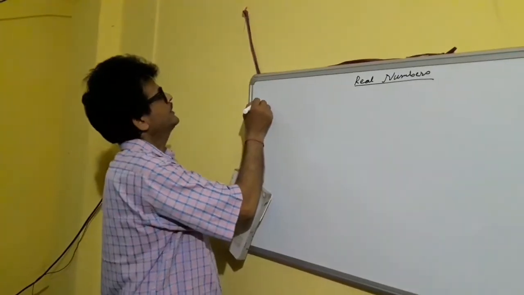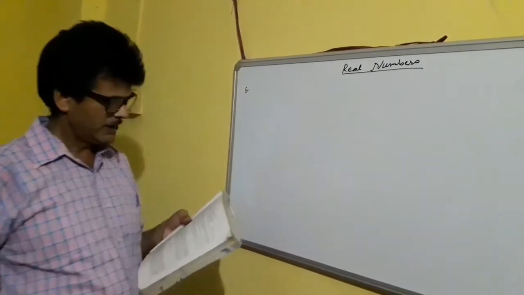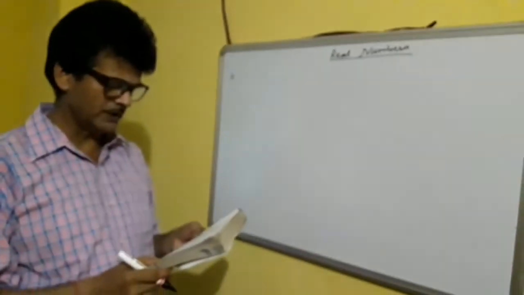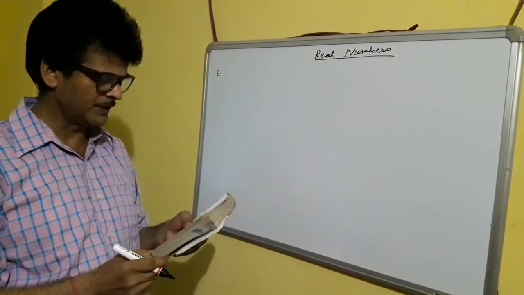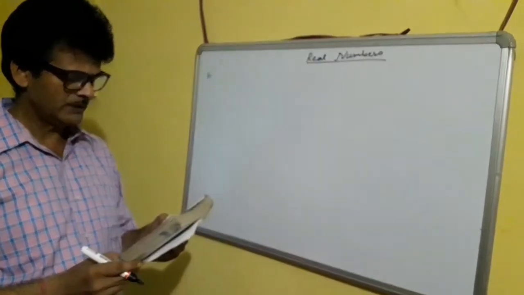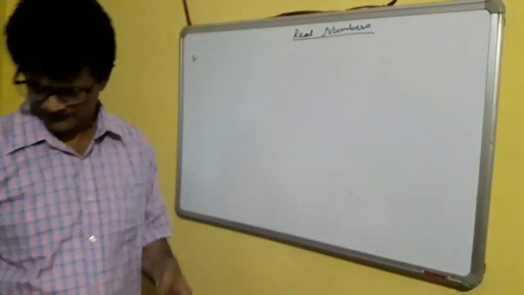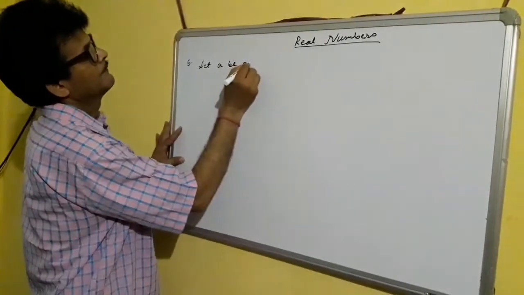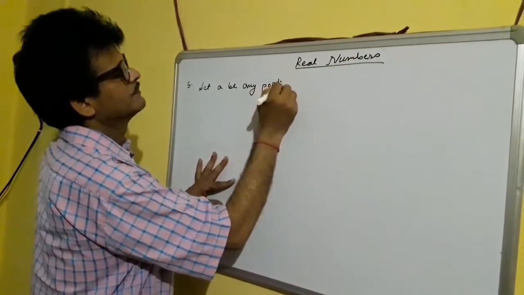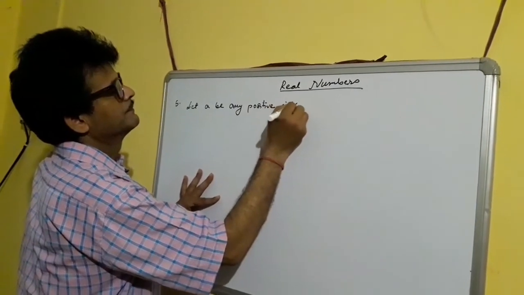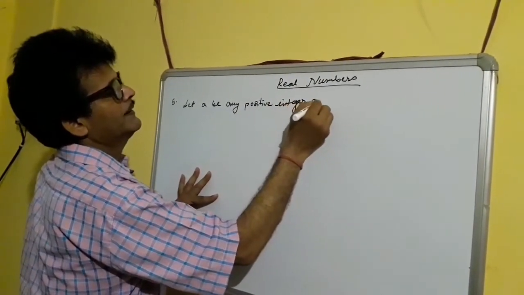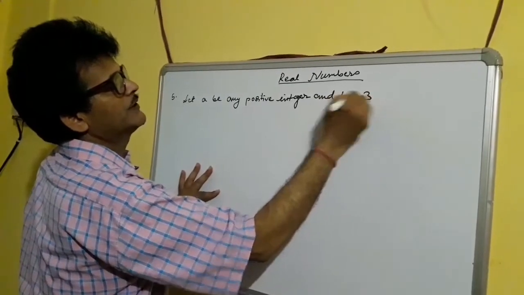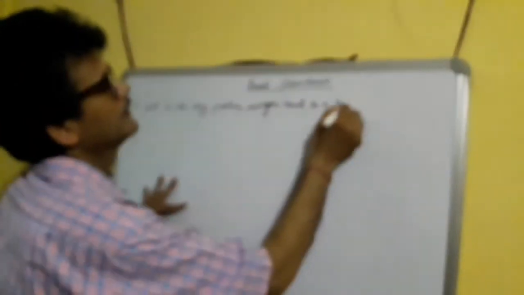Question number 5. Use Euclid's division lemma to show that the cube of any positive integer is of the form 9m plus 1 or 9m plus 8. Let a be any positive integer and b is equal to 3, then